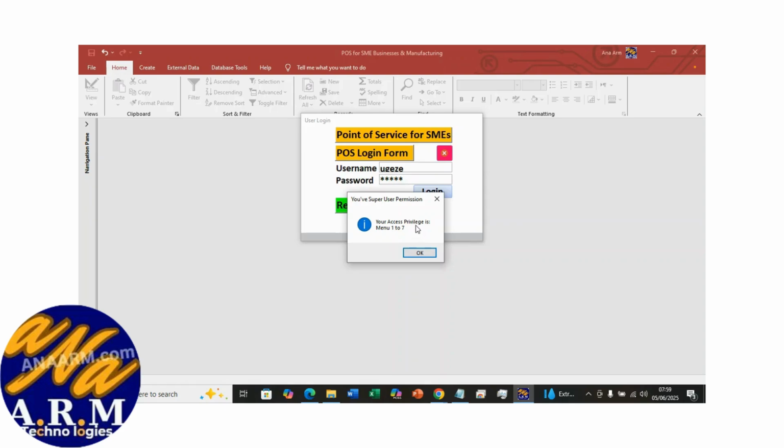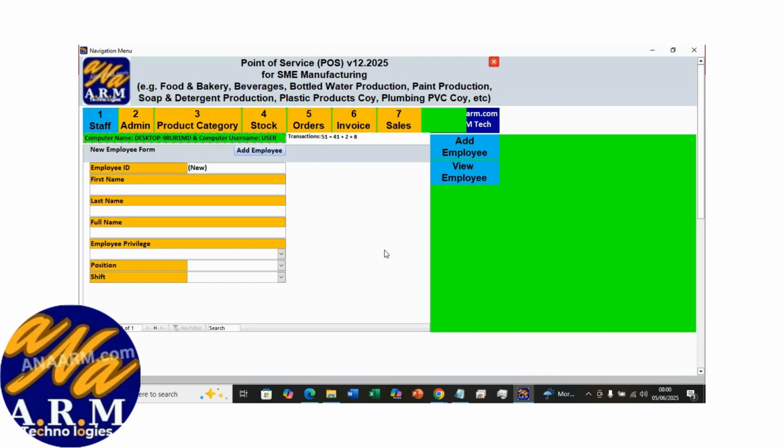So we have features from menu 1 to menu 7. Then the last prompt will ask you if you still want to continue as a super user or not. So I will only click yes. And this is the user interface for the POS